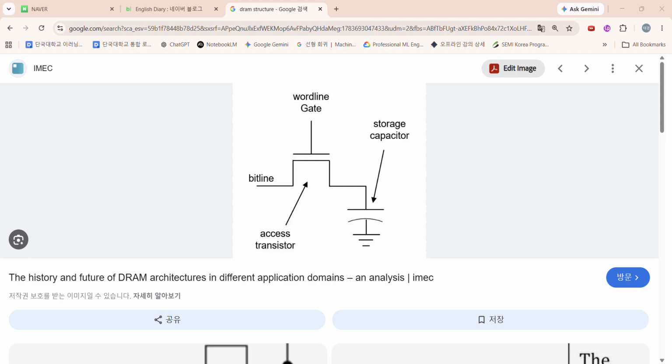So we need to turn off the transistor. Transistor turns off, and one capacitor doesn't store charge. The binary number is